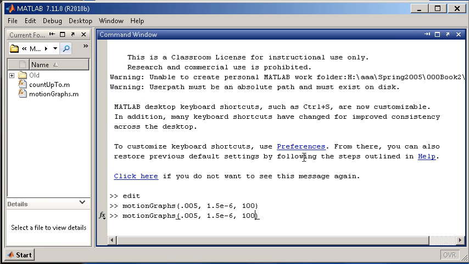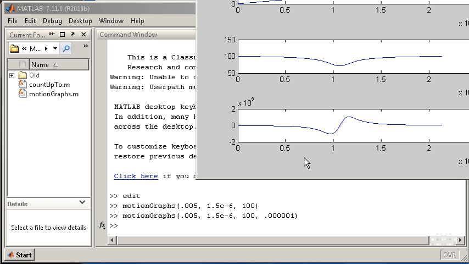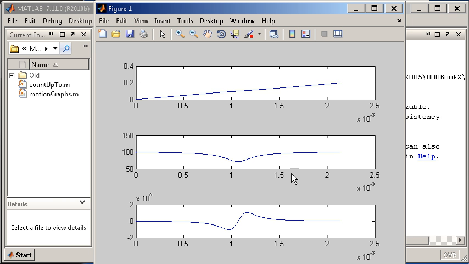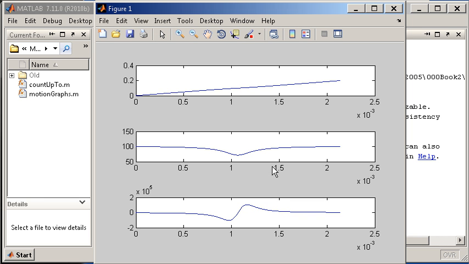So I gotta type in what the time step is going to be. It seemed to work, so I tend to start off with kind of a big time step, and then if it turns out to be working, then I can try it with a small time step. So I mean, when I say it was working, the program ran. Alright, so